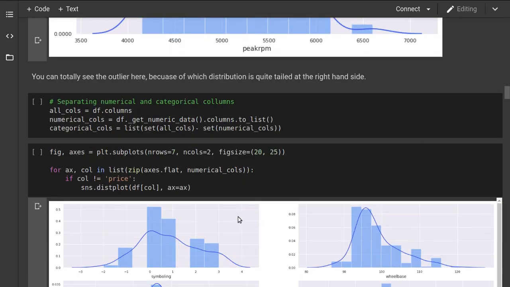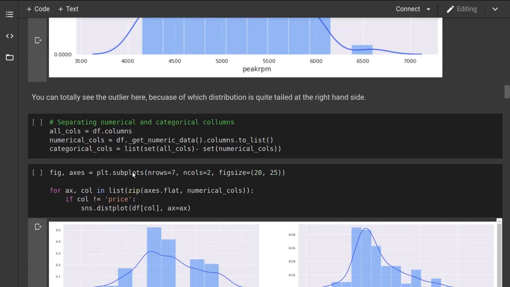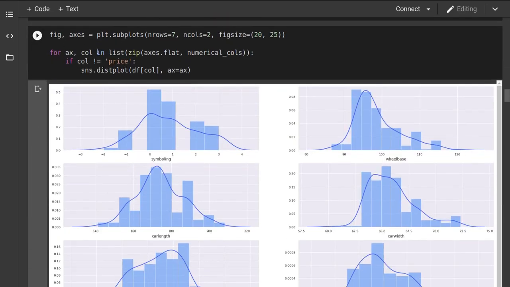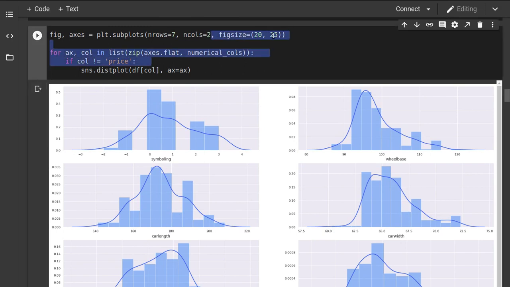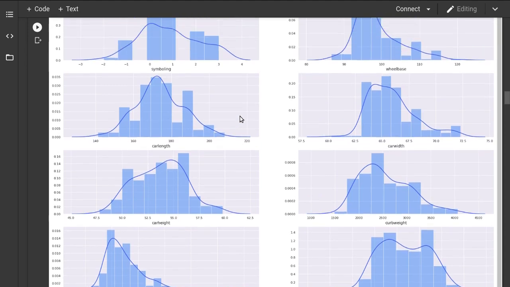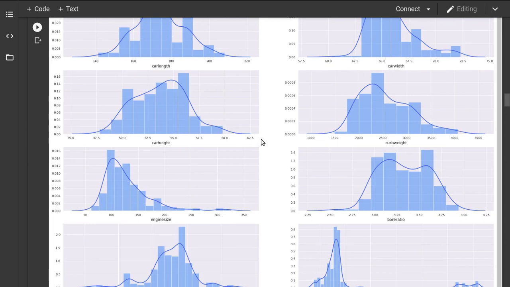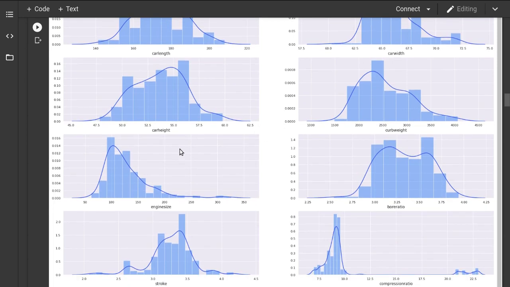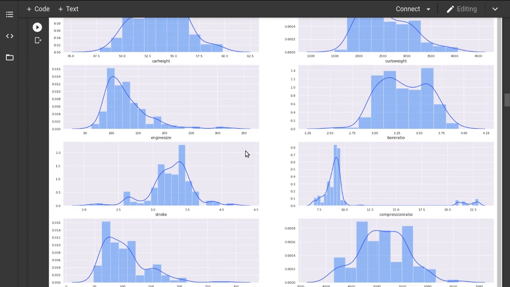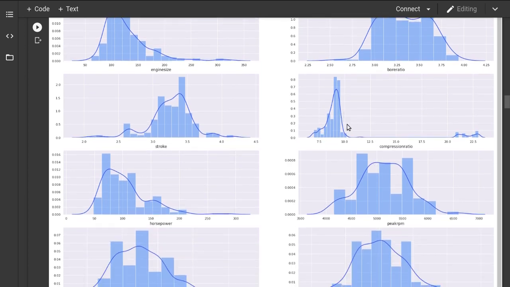Rather than creating these distribution plots one by one, I created a for loop so that I can create all the distribution plots in one go. Pretty bit lazy on my side, but I know how to build a for loop, so I did it. Then compression ratio, as you can see, there are really few values at 20 to 22.5.